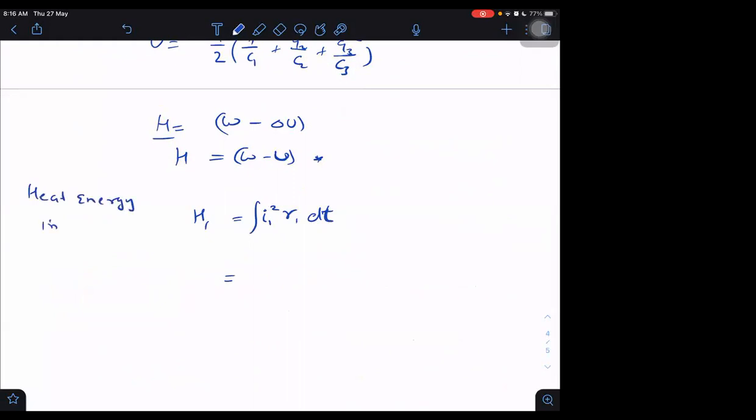So what is the heat energy produced in the first branch? I'm assuming R1 can be taken as some little internal resistance of the battery, whatever it is. I am writing it as R1. So we get I1 R1 into I1 into dt integral. What is dq? I1 into dt. We can write dq, but the problem is, could I write I1 or not? I'm thinking about that only.